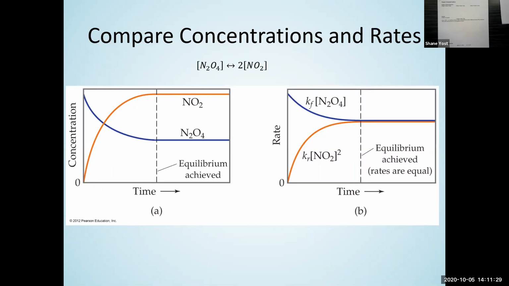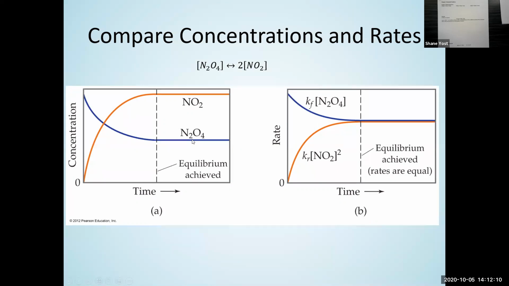The rates of the forward and reverse reaction once we reach equilibrium are the same, and they're non-zero. A zero rate is down here. The reverse reaction has no rate initially because there's no initial concentration of the products. I'm just starting with the reactants. The concentration of the product NO2 starts at 0, so the rate at which it is consumed is 0 because there's none to consume. But when I reach equilibrium, the rates of forming NO2 and forming N2O4 are equal, and so the concentrations of NO2 and N2O4 remain unchanged.